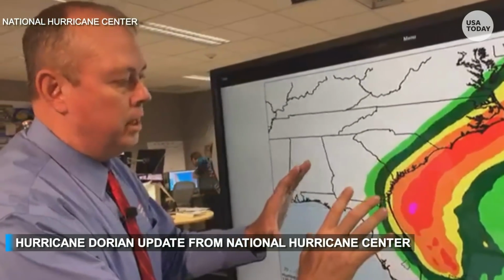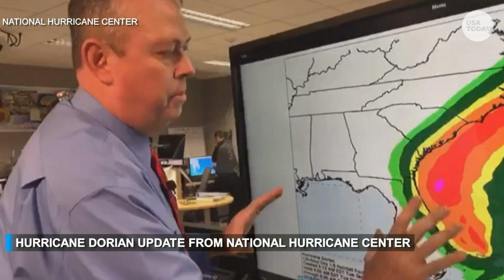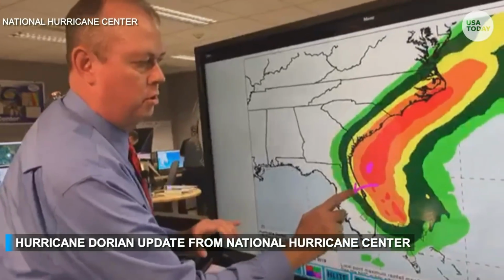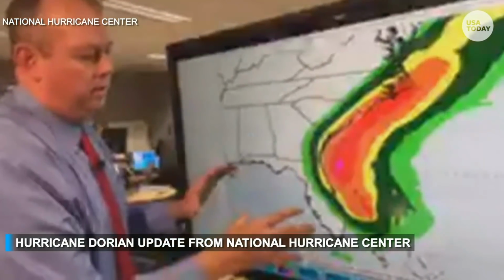So you've got the core rains usually right near the center and to the right, and that's where we have it. But a little movement and you get some of those core rains to sneak on shore a little bit. So even now, some places get 4 to 6 inches of rain in